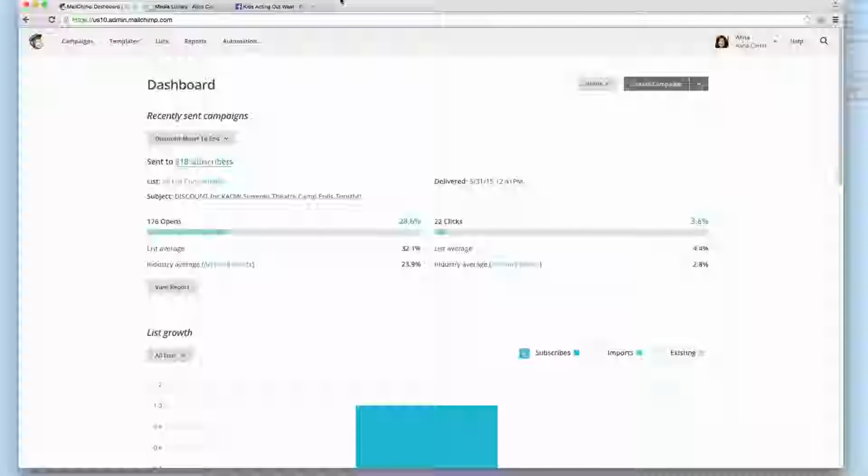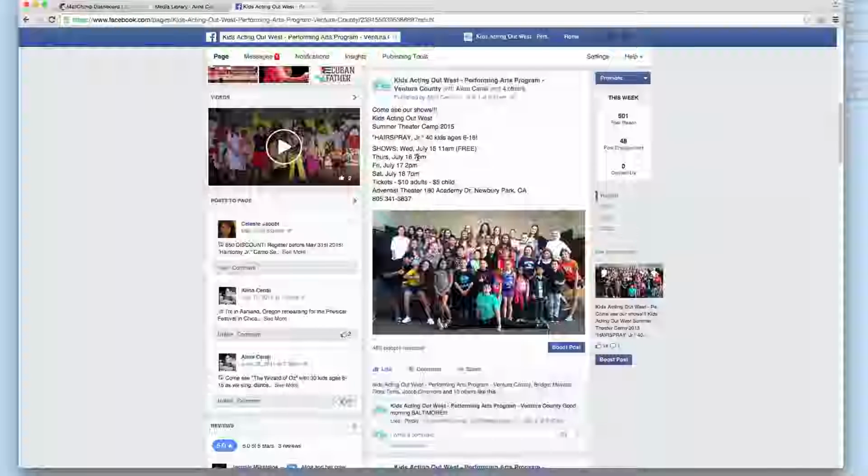So today I'm going to show you how to go about using Mailchimp to send off an email, and I'm going to be using images from a WordPress site. So this email is going to be in regards to Alina Sonal's Kids Acting Out West, where she has a bunch of shows coming up for her kids' performance for Hairspray. So I have all the dates here that I can see,